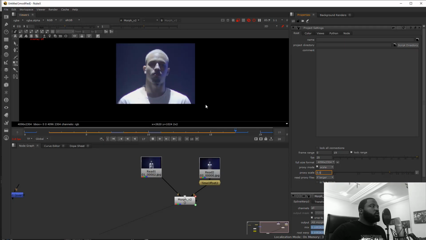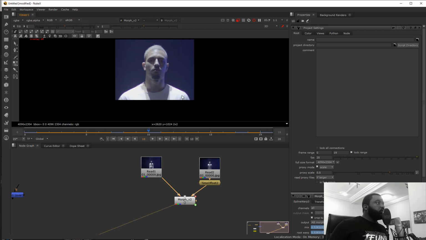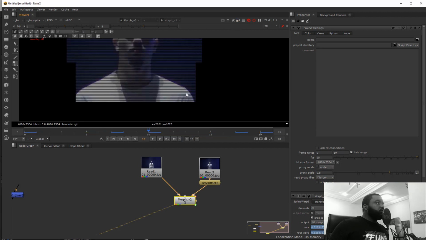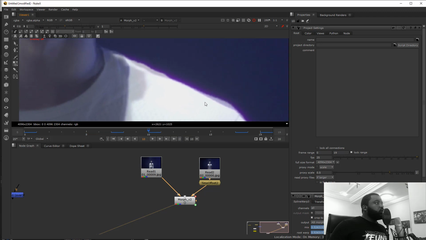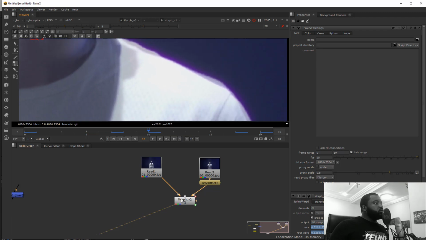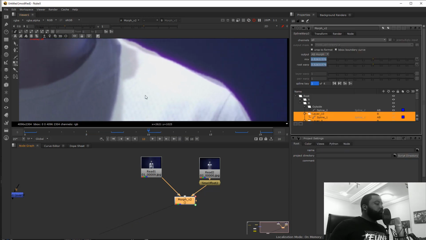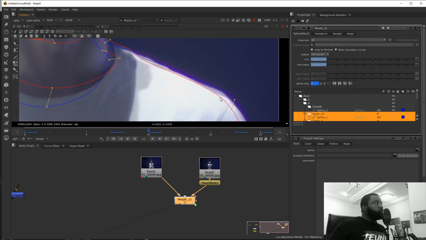So now it will cache very quickly. You see the chart also has a good move, everything looks good. Now you need to fix something. See there, okay? I want to disable this, and if I zoom here, you see sometimes it's not good. So to fix that, you have two options.